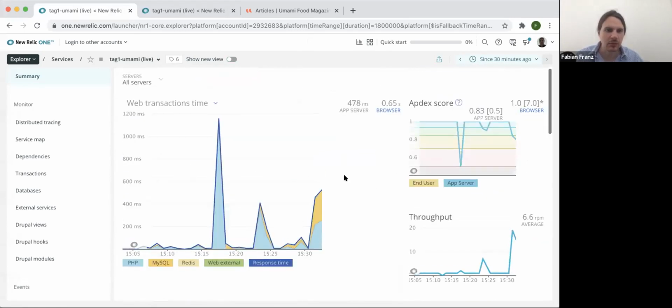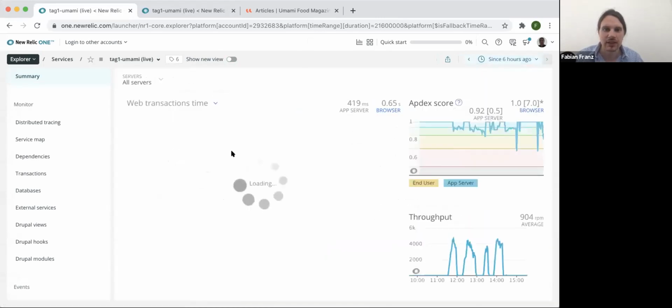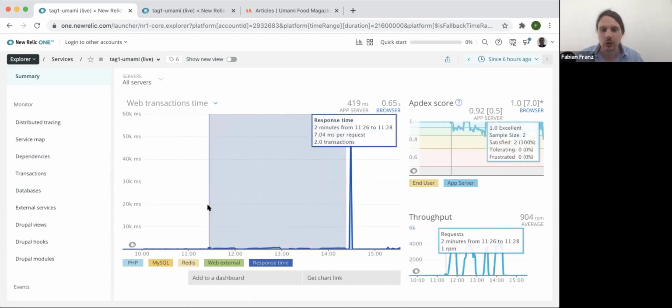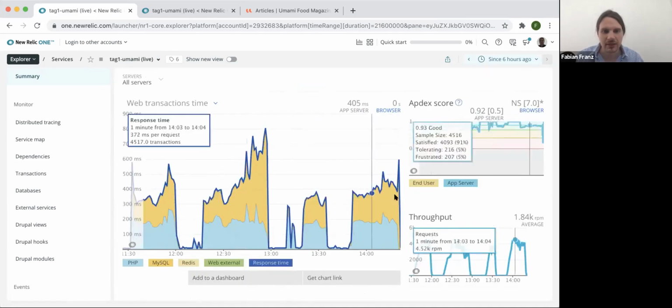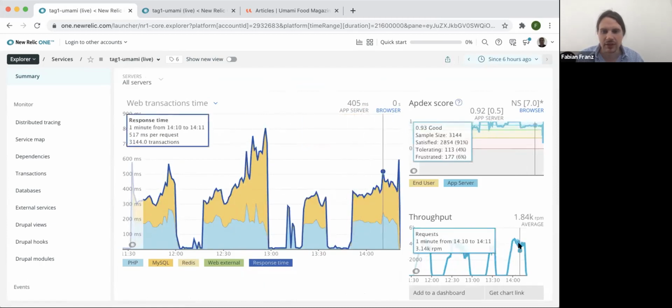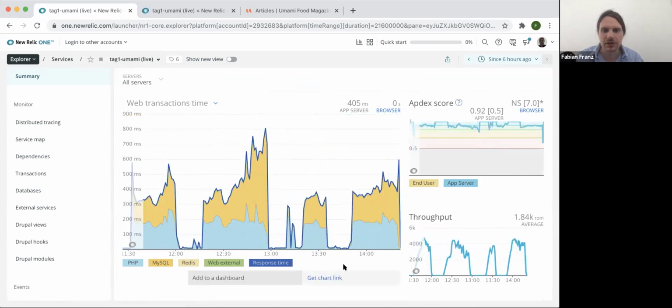Because we don't want to wait lots of time, we just choose a different part of our time window. So we look at 6 hours ago. Then we see this big thing here screwing everything up. This kind of happens after we've run a few load tests. We still need to figure out what happens here. But let's just push out this outlier, and we can see the load tests we've already run. This was a 1,500 user test. This was a 750 user test. This was a test that actually did go up to 2,500 users.